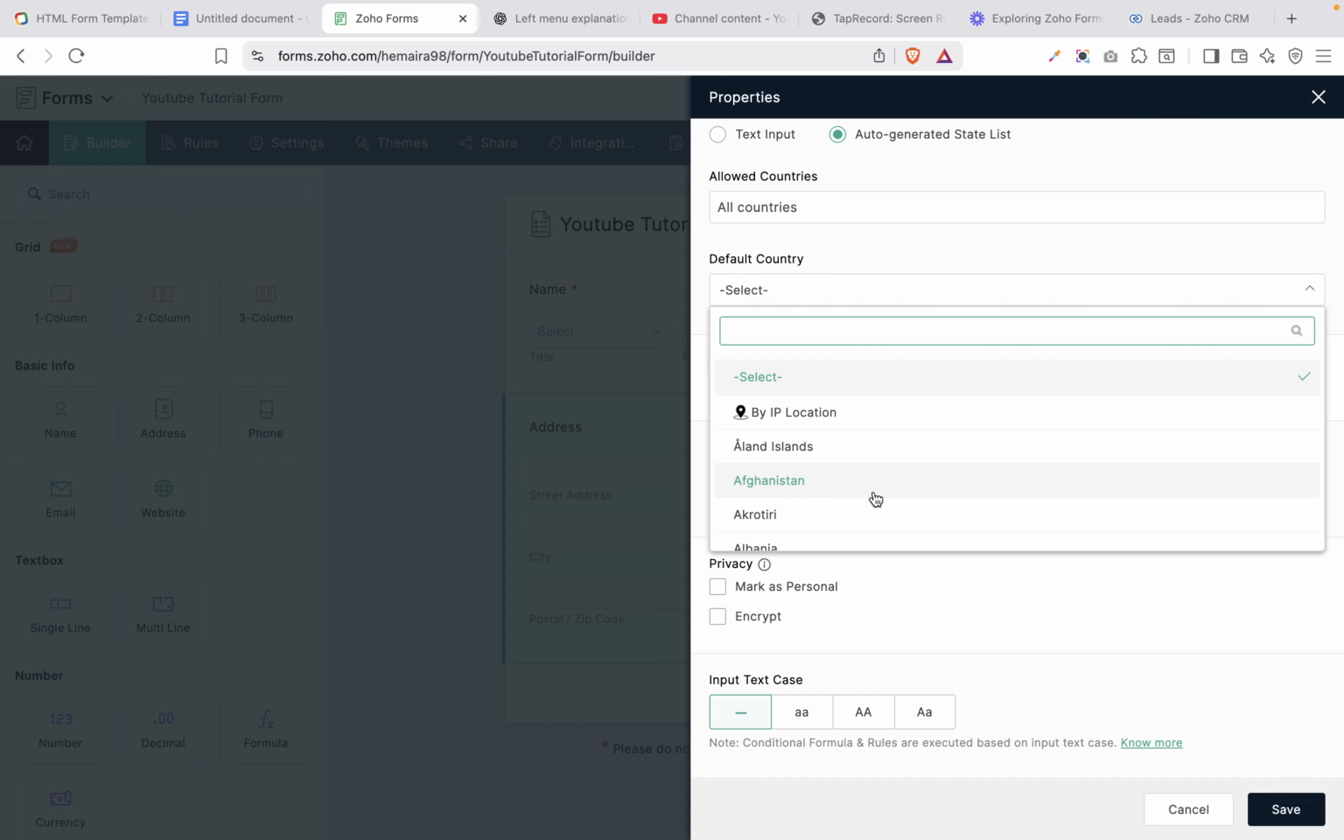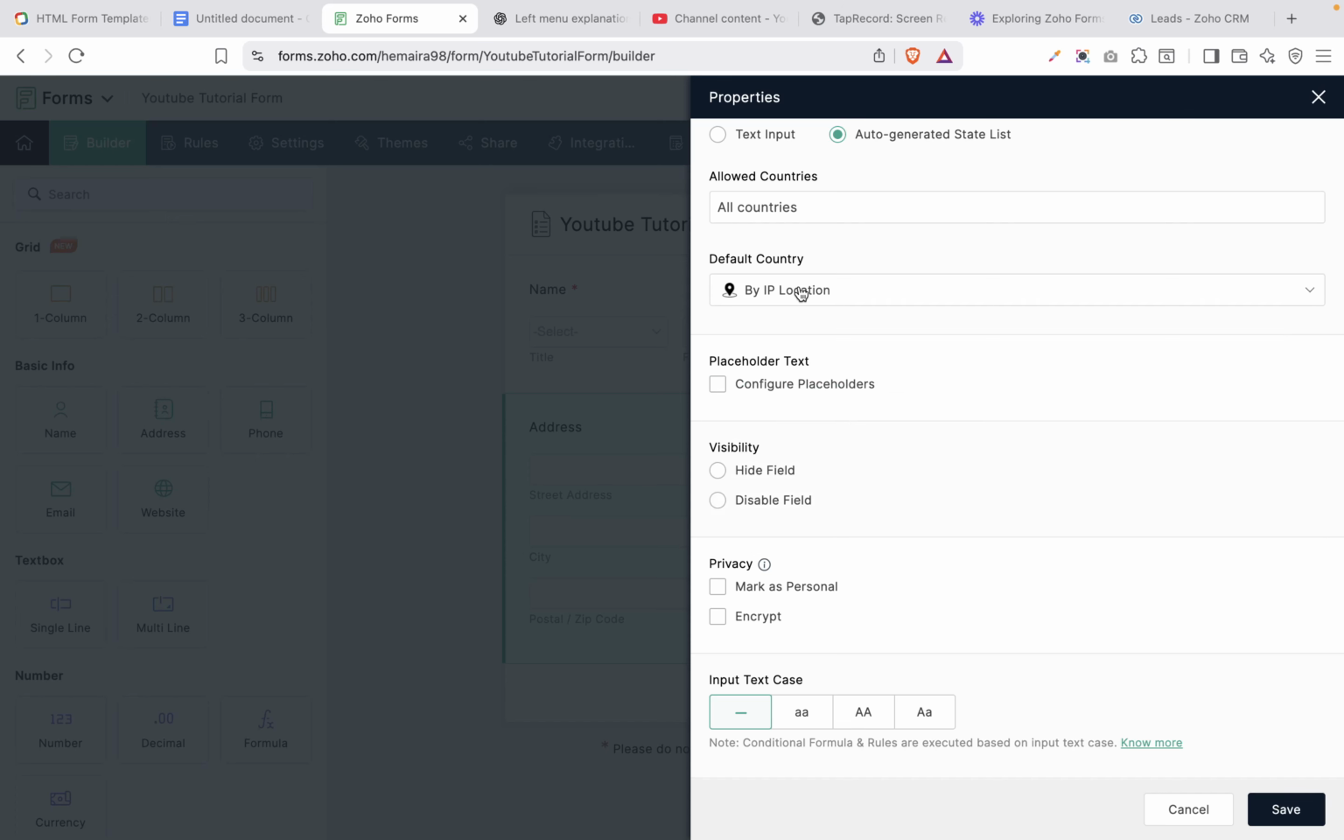So for the default country, you can decide to set it to a particular country, maybe the United States, the UK, or Nigeria, when they come into that form. Or you can decide that you want the country to be mapped by the IP location. So Zoho Forms is going to check the IP location of the particular device that they're using, and it's going to track the location by using the IP address,